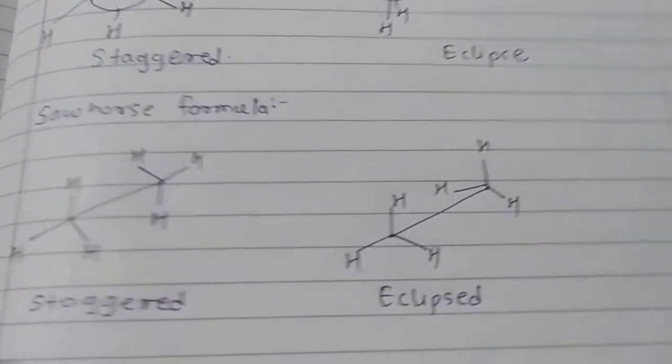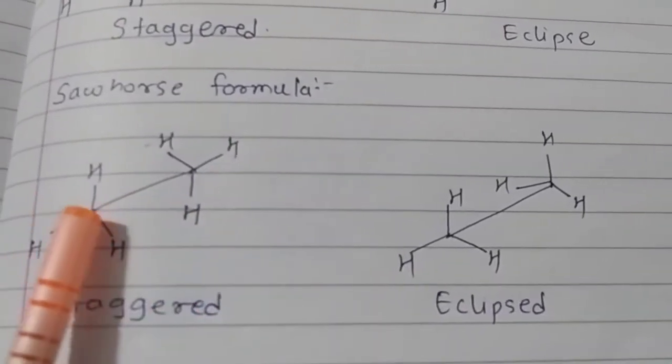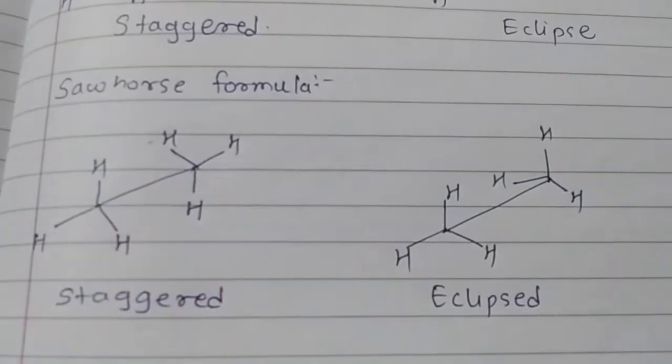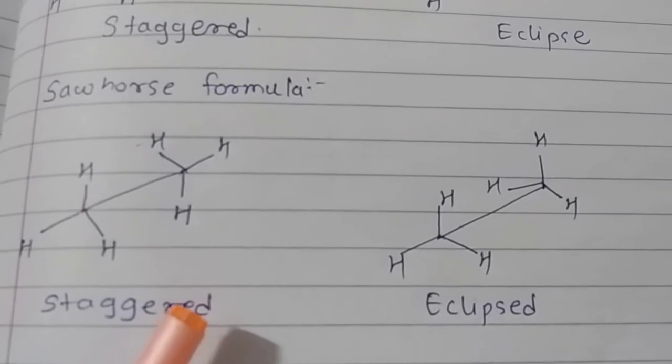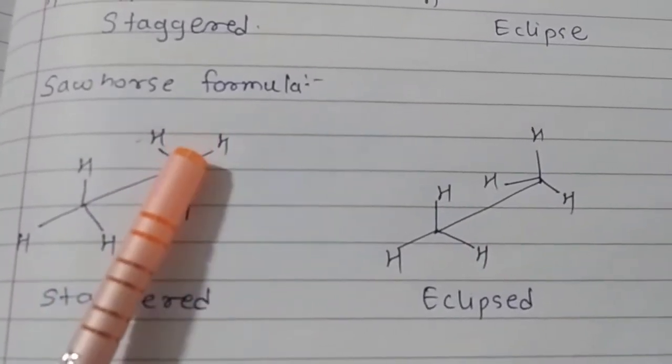And in Sawhorse formula, Sawhorse is written like this. So just first draw 2 dots and connect them. And for staggered conformation of ethane in Sawhorse formula, first draw Y